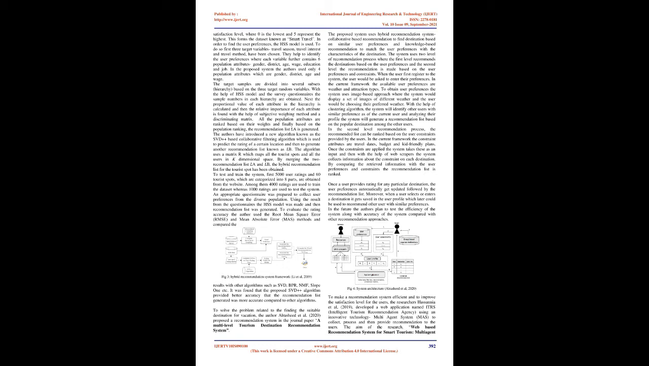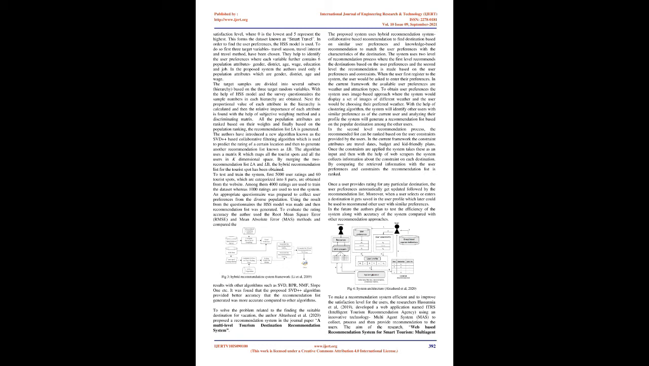The target samples are divided into several subsets, hierarchy, based on the 3 target random variables. With the help of HSS model and the survey questionnaires, the sample numbers in each hierarchy are obtained. Next, the proportional value of each attribute in the hierarchy is calculated, and then the relative importance of each attribute is found with the help of subjective weighing method and a discriminating matrix. All the population attributes are ranked based on their weights, and finally, based on the population ranking, the recommendation list